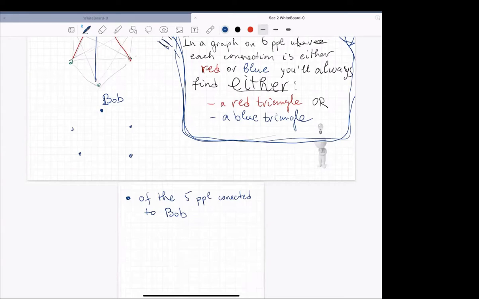Of the 5 people connected to Bob, we must have, and this is what you should question, either 3 red connections or, okay, that was wrong, must have either